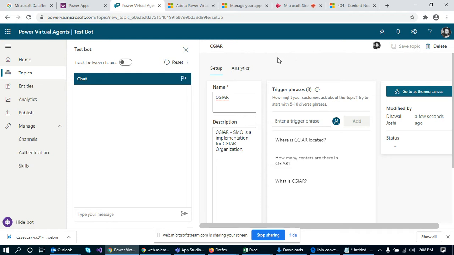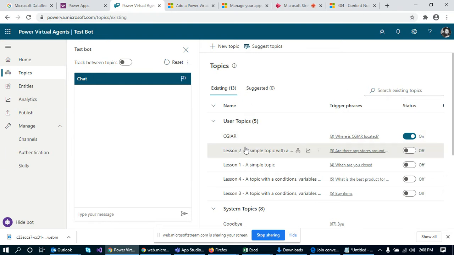So we'll quickly see how we can create a small bot. Here we have something called topics. In the topics, there are some pre-configured topics which are already available. We can make use of those for demo purposes, or you can turn them off. For this particular example, I have created a new topic which is CGIAR.